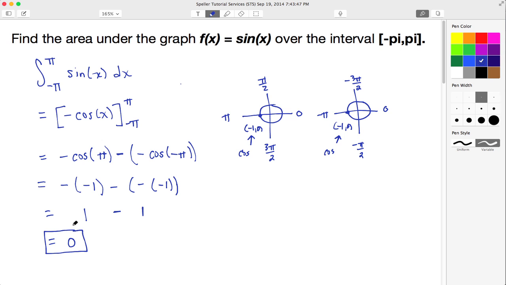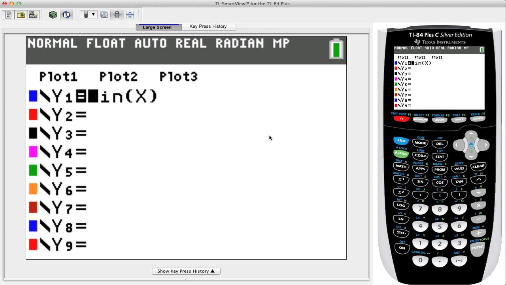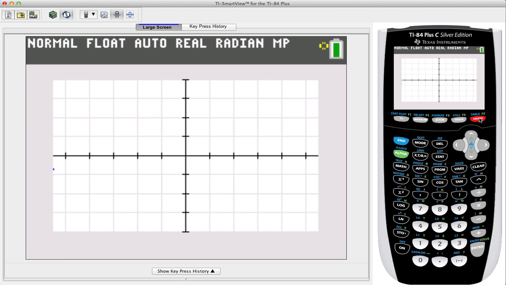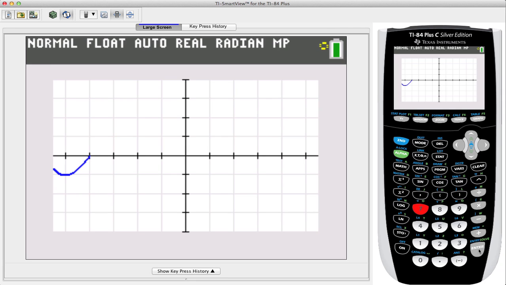Now at this point, let's pull up the calculator so that we can verify these results. All right, here with the TI 84 calculator, let's press the y equals to get to the graph. Notice I've already placed the sine x function here, and now let's press the graph button so that we can see what it looks like. The other thing you want to do is, to make this easier to see, for your zoom, make sure you select 7, where 7 is for trig. I'm going to do that and let it draw itself back in.